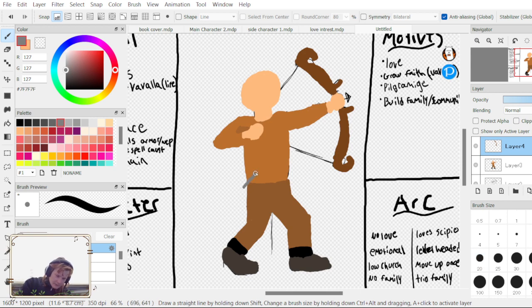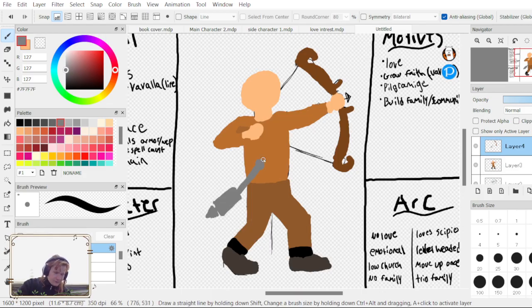Do a little smaller. There we go, just a little mace.